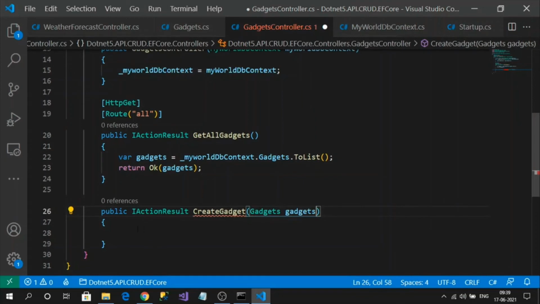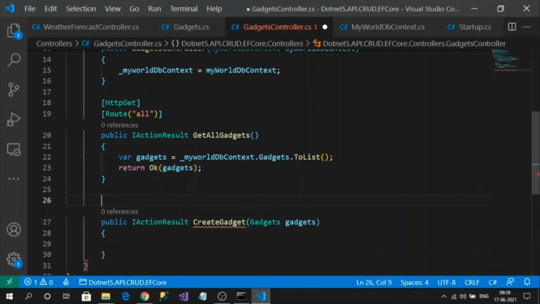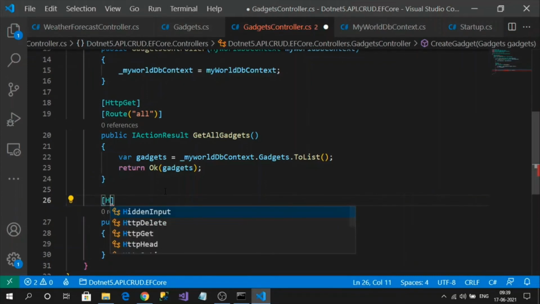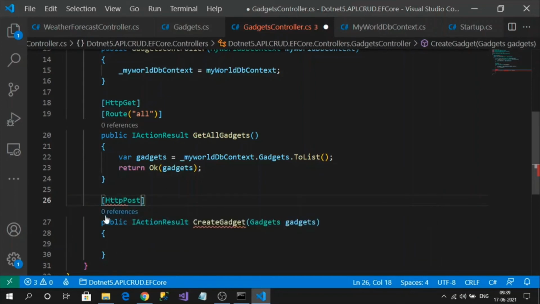This is my action method, and this is the payload going to be received by the action method. Posting data means the request uses the HTTP POST protocol, so we need to define HttpPost. This action method only executes for an HTTP POST request.